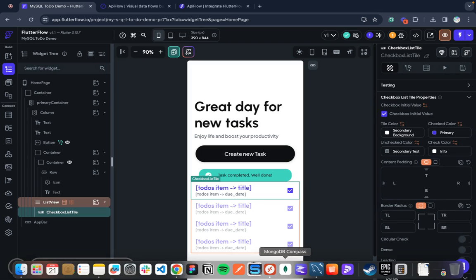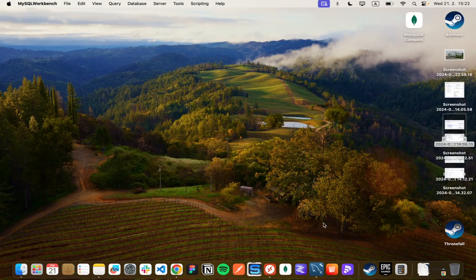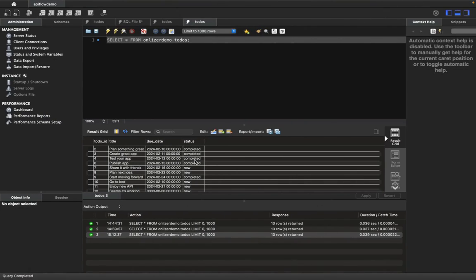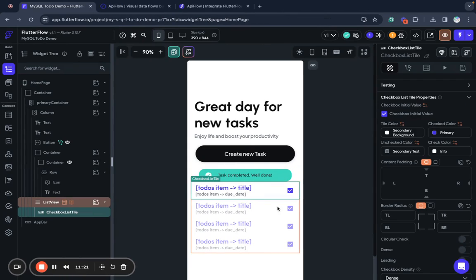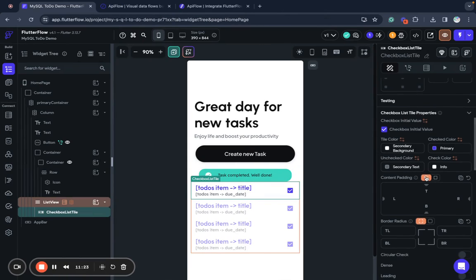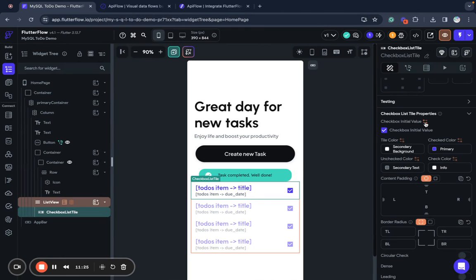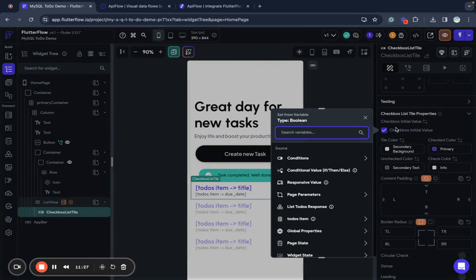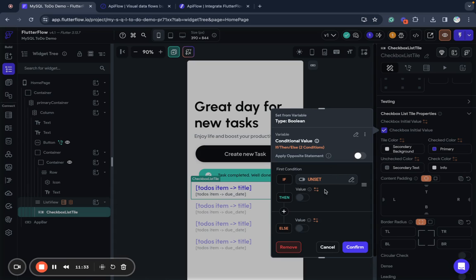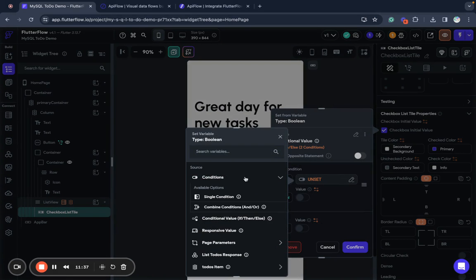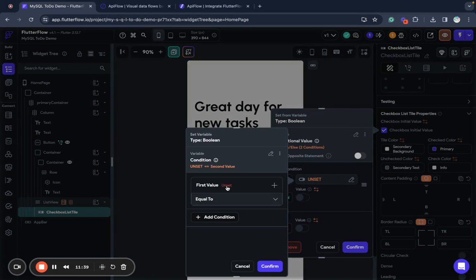So I have two statuses. I have a new status and a completed status. I use text statuses. It's my preference. You can use some numbers or bit values. I use text status. So for this, we will use conditional value, and it will allow us to set a single condition